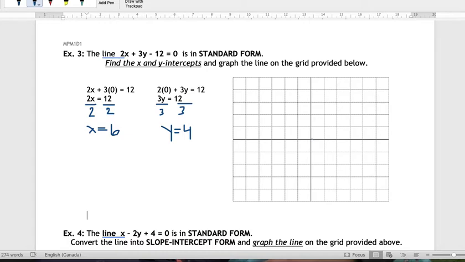So looking at x equal to 6, 1, 2, 3, 4, 5, 6. Along my x-axis, x is 6, y is 0, because remember the coordinates are (6, 0): I said y is 0, x became 6. And for my other point, I said x is 0, and I solved y to be 4. So I'm going to go up 1, 2, 3, 4, draw my dot,